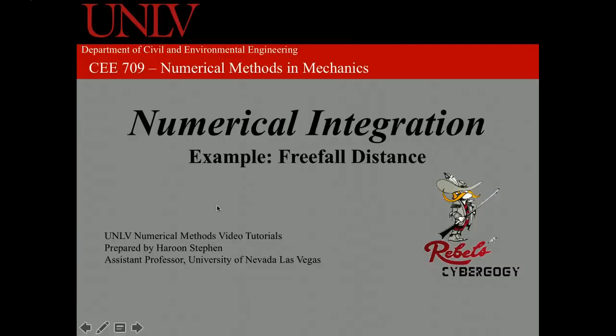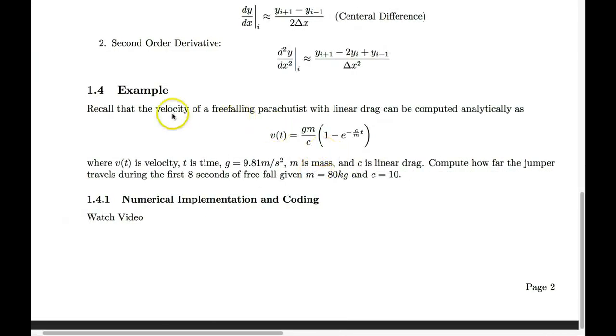This is an example of numerical integration. We have done this before using a free fall example. So in your lab 1, you computed this analytically, that if an object falls, in this case a parachutist, if it falls from a certain point,